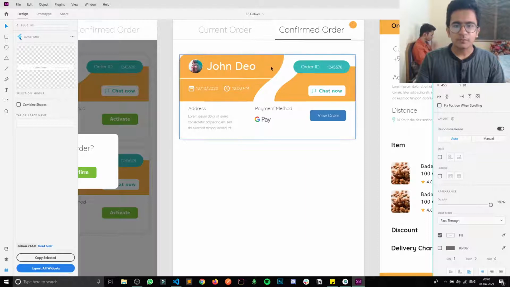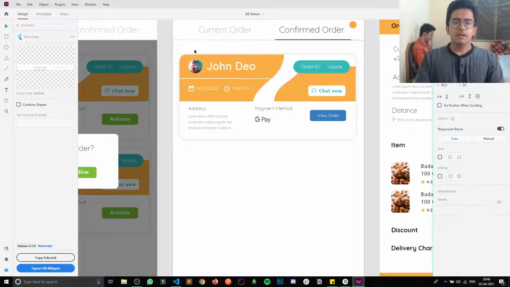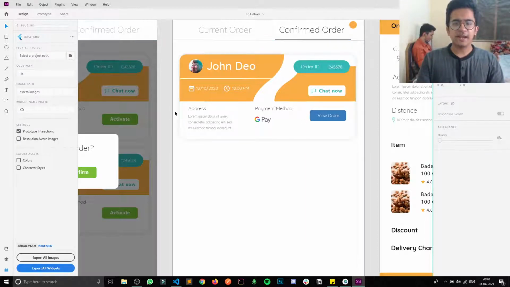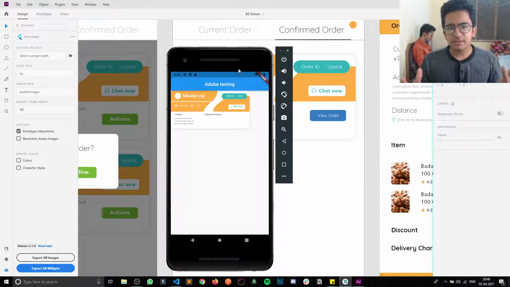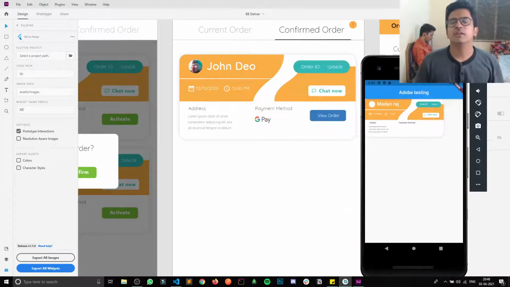This is the card which I tried to convert to Flutter, and if you want to see the result, you can see it's almost 90 to 95% the same, right? So, are programmers' jobs going to go extinct?